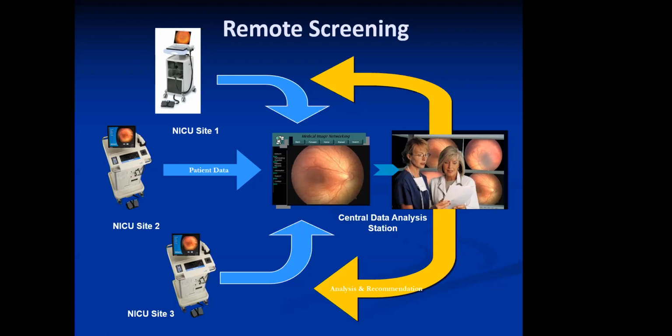Okay, what was implemented is, as I mentioned, the RetCam wide-field digital camera was distributed. It was distributed to, I believe, 40 locations over the kingdom, maybe 50 or 60% of the MICUs. Still, there are centers that need to be included. And as I mentioned, the area for improvement is to purchase or provide more units to cover all MICU locations